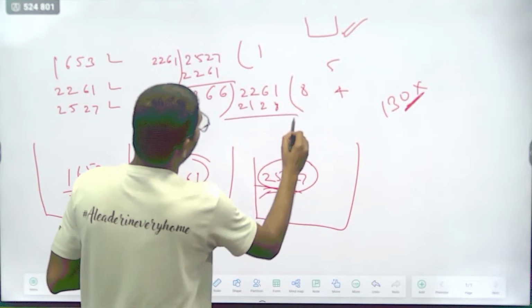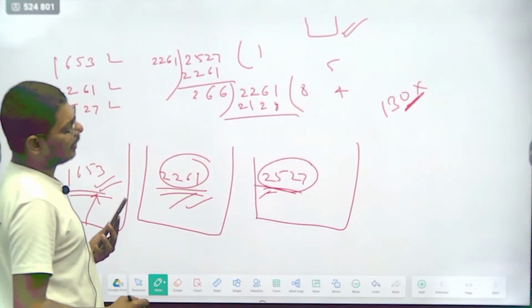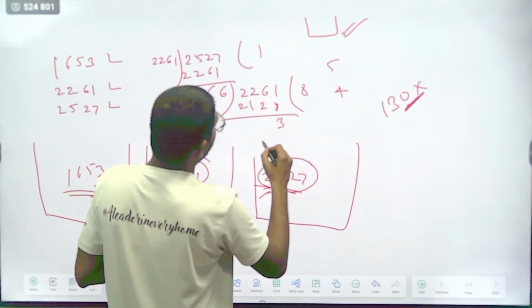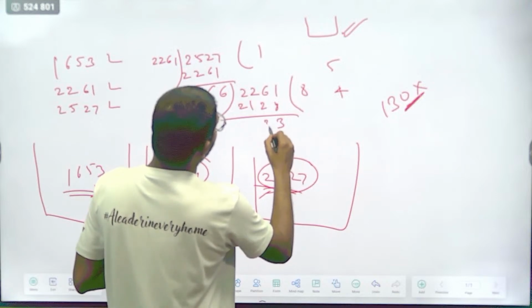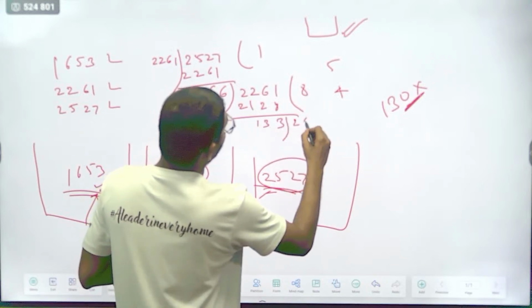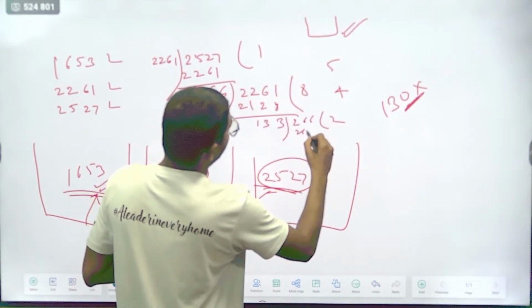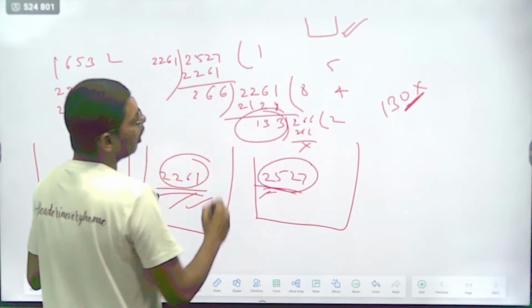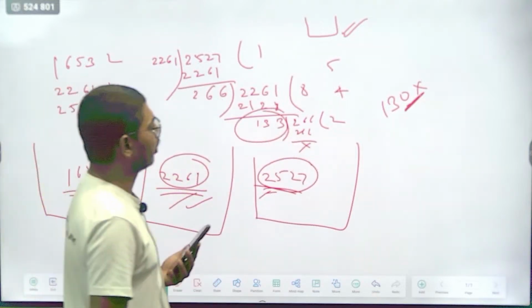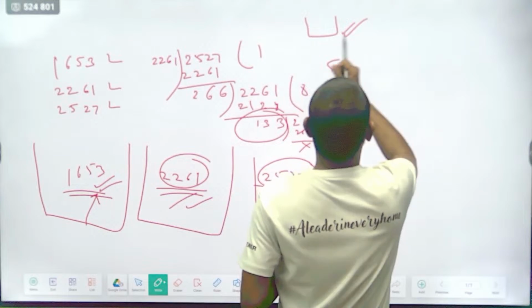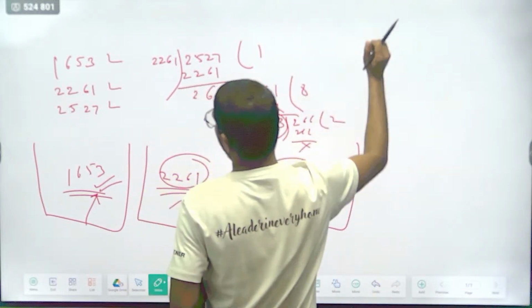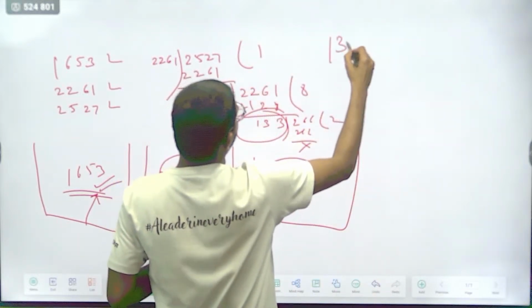Am I right so far, guys? So this is 3, this is your again 3, this is your 1. 266, right? 2 times 266. I think up till here, Arush, you did absolutely right. But now we have to check for 133 as well, right? So 133 into